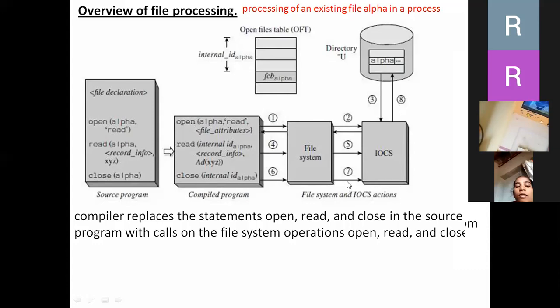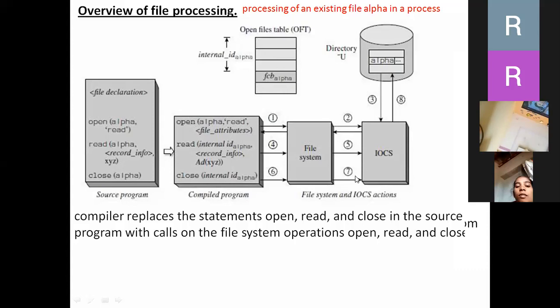Seventh step, the file system will make a call IOCS underscore close. Again, you can notice here we have one-to-one mapping between the operations at the file system layer and the operations or system calls in the IOCS layer. Hence the file system will now make a call IOCS underscore close.